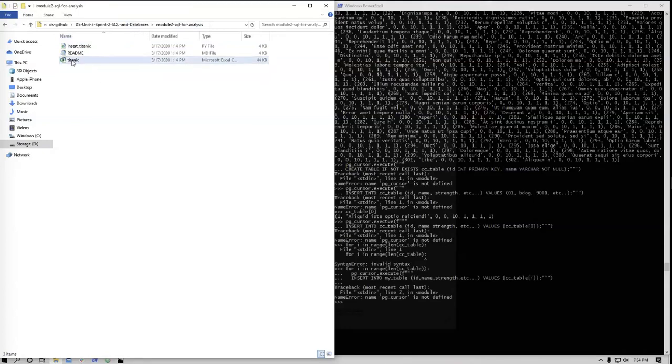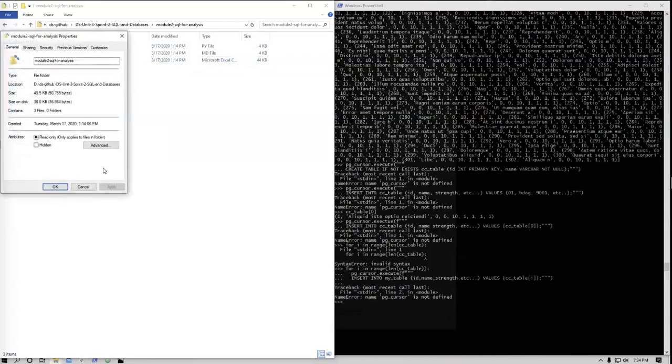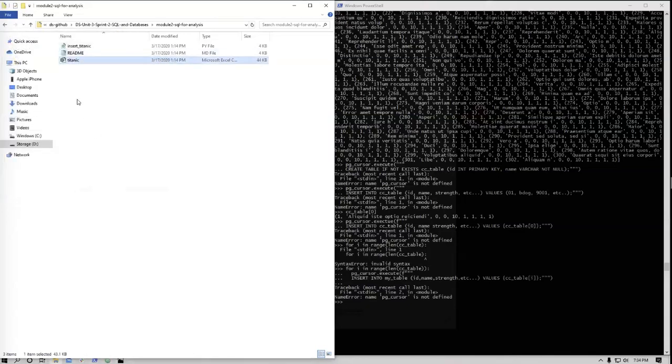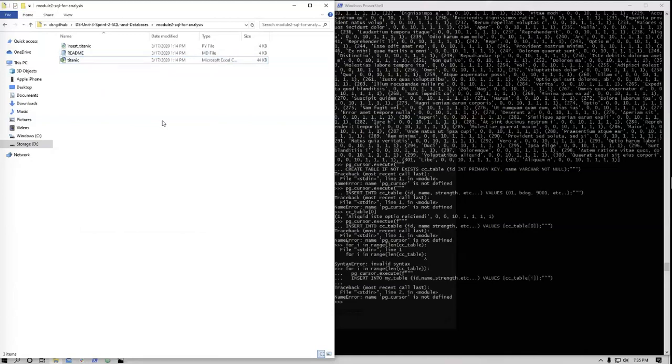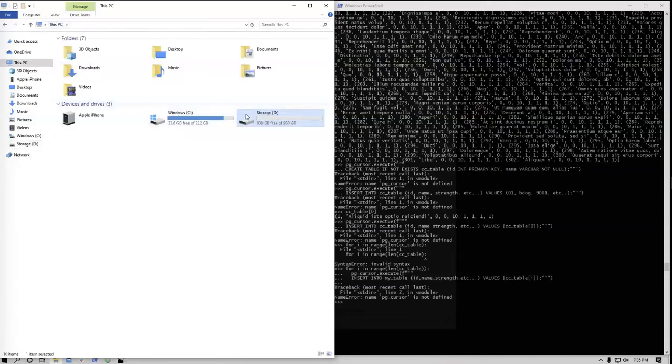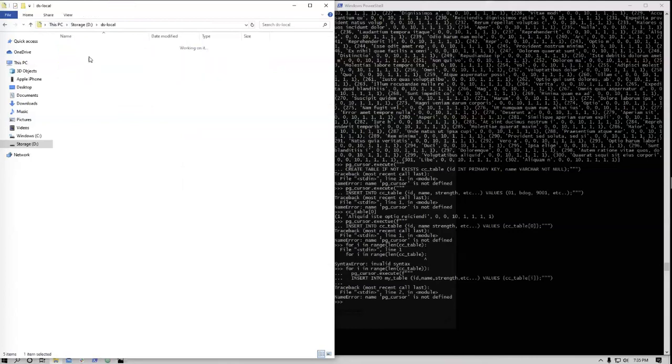Titanic. There's the right one. It's actually a freaking Microsoft Excel file. What? Who did that? That cannot be right. Give me this thing. There we go. .csv. Okay, just had to make sure because I haven't set up this operating system the way I want it yet. Okay, so I'm just going to cut this and go over here, and we're going to paste that. There we go. All right.